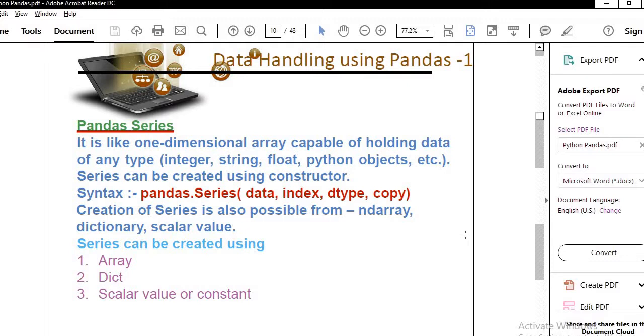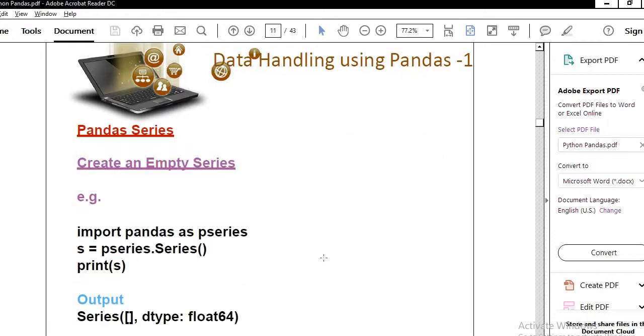Then we discussed how we can create a series. Clear? These are the different ways given here: from arrays, from dictionary, and from scalar value. And a fourth one, students, we can add here is a series from a sequence. So all four methods we have discussed.